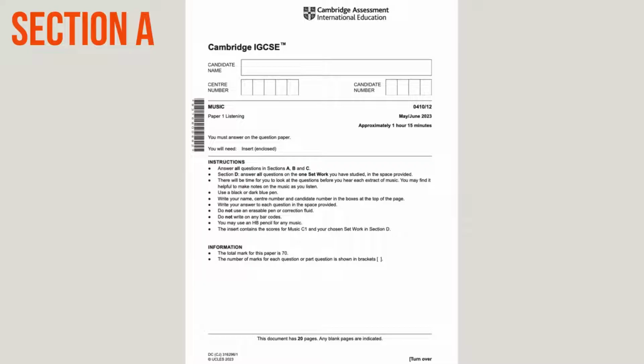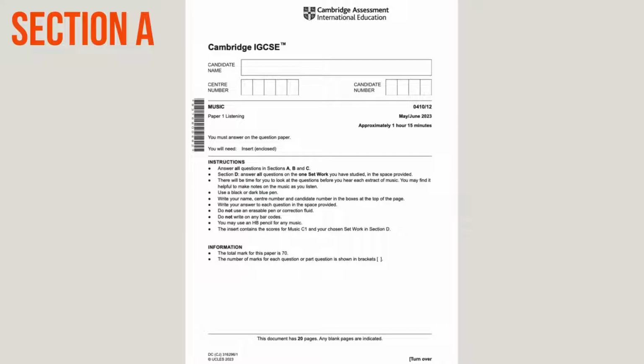The insert contains the scores for music C1 and your chosen set work in section D. The number of marks for each question or part question is shown in brackets. At the end of section C, there will be a 5-minute pause for you to check your answers in sections A, B and C. Turn to page 2 now.